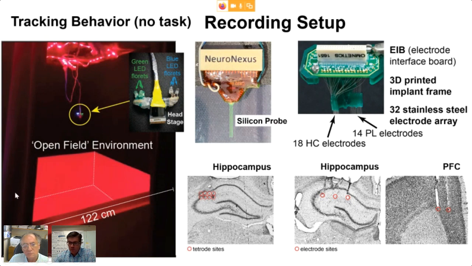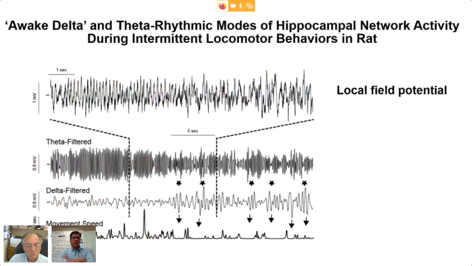And these are some dual recordings, a brain that had dual recordings done, and you can see a few hippocampal sites for these stainless steel electrodes and a few prefrontal cortex sites. Okay, so this is what the data basically looks like, and I'm also going to use it as a bit